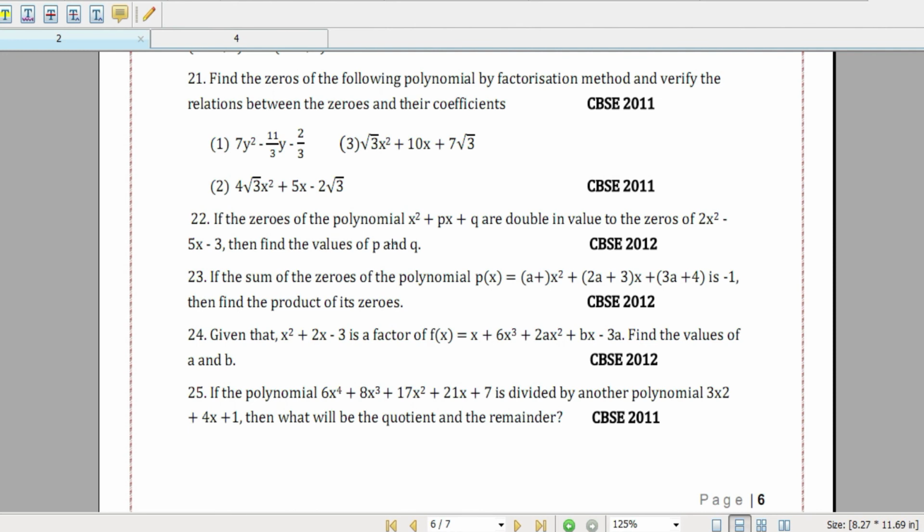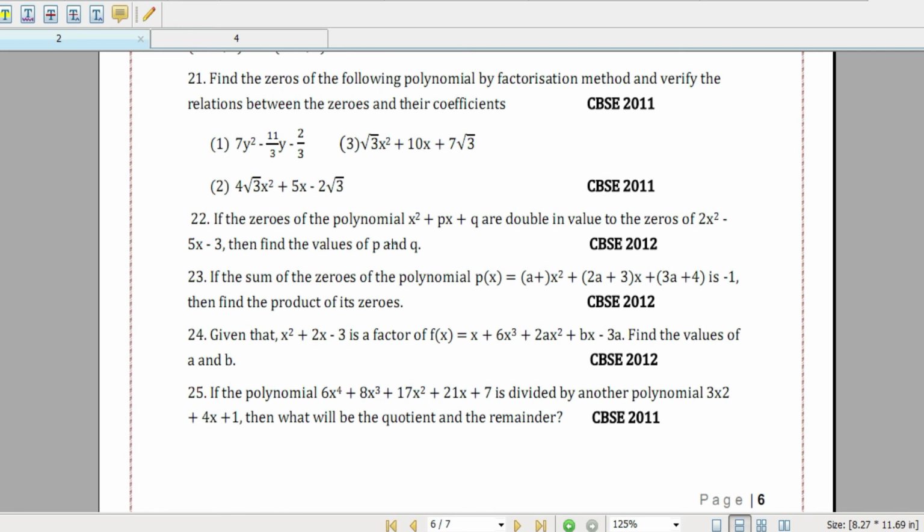So your preparation should be such that once you are preparing for one chapter, it has to be complete, so that marks from that chapter are guaranteed for you. I will be sharing with you within a couple of days the complete study pattern and the strategy to prepare in the next 2 months, so that you can score 90 plus in your exam. That will be guaranteed if you follow the strategy very strictly.